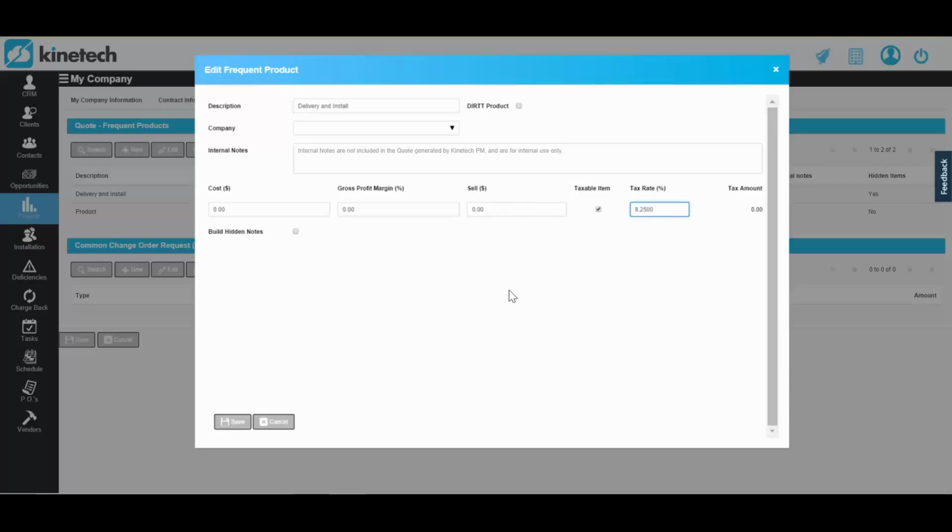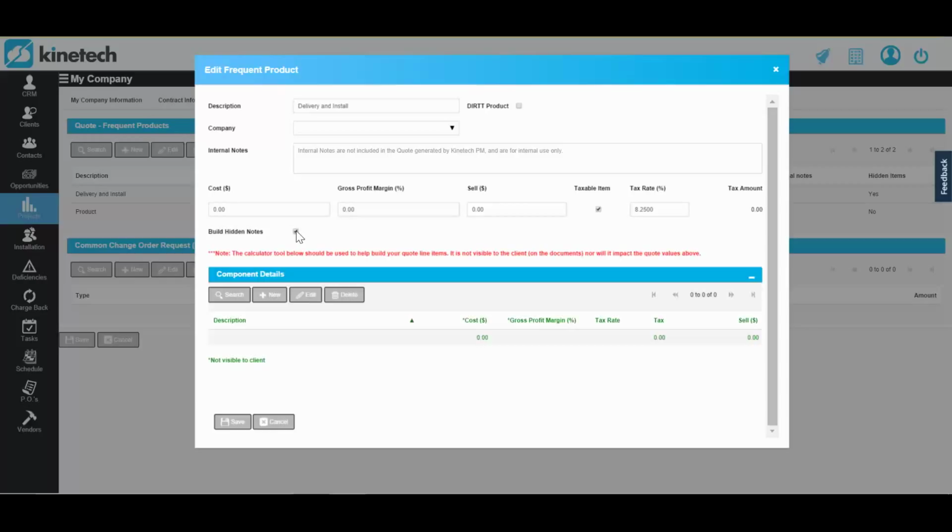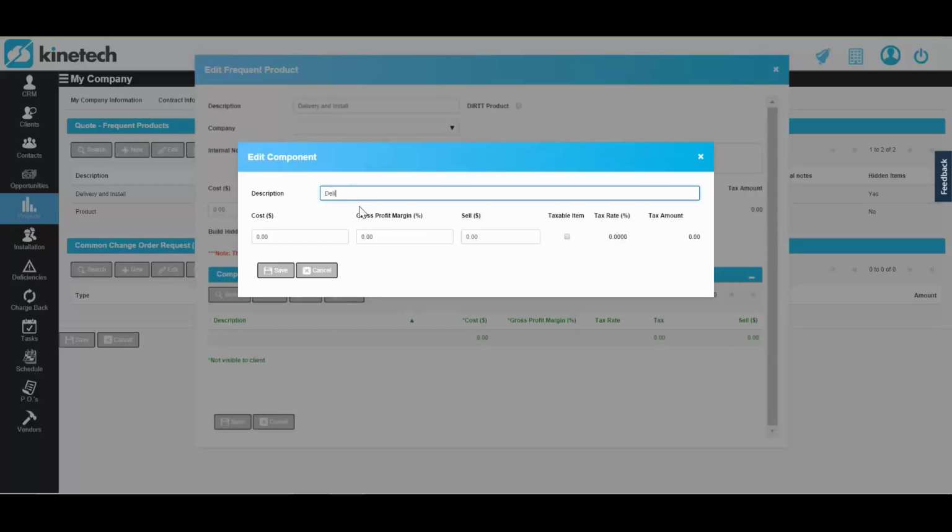But let's say that behind this delivery and install line, you have a lot of different hidden line items. So what you can do is you can build hidden notes behind this line item. So if you have your delivery cost, and then that's a taxable item, and then you have your install,